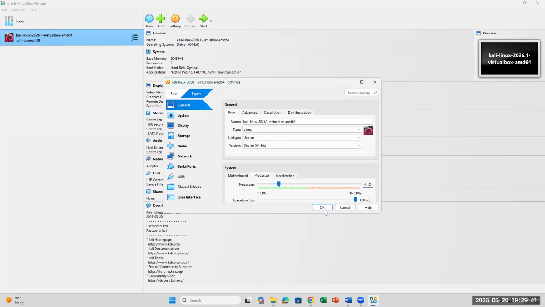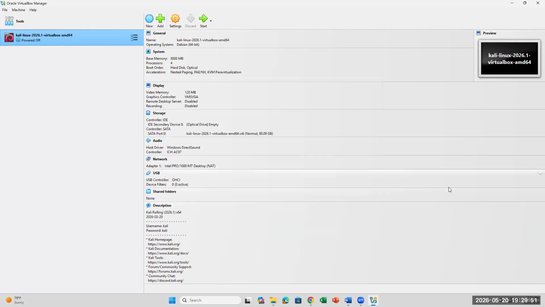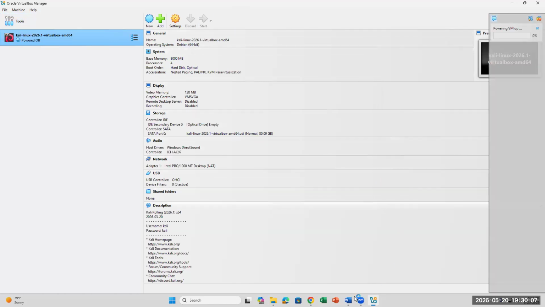Sure. Yeah. You have enough. So yeah, you can use 6 core. Yeah, we have 16, so there's plenty of room. I typically do 2, 4, 8, right? 10, but you want to reserve some for the whole system. That's good enough. So once we change the setting, we're going to boot our virtual machine by clicking start, and